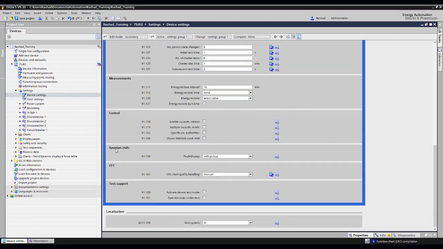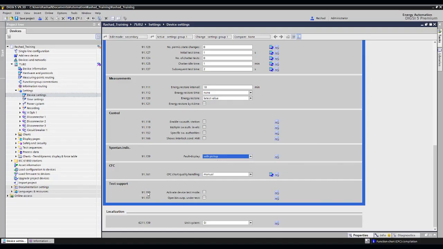Spontaneous indication refers to things that happen in relay pickup, and trip, etc. when they are recorded, or when the voltage appears to you with any pickup, or only when a trip occurs. Meaning, if a pickup happens, should the functional traceability show it to you, yes, show it to me, not just with the trip. All right, then we come to test support, which is very important because we will see